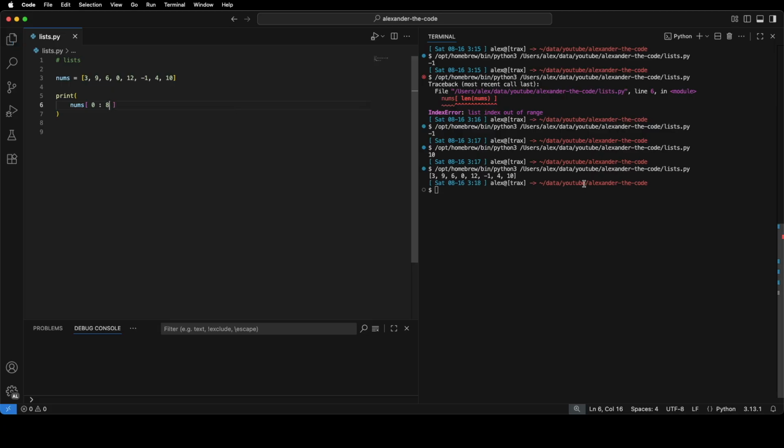let's just verify. And that's because the final index, 0, 1, 2, 3, 4, 5, 6, 7, is 10 is at index 7. So what we've said is to go from 0 all the way up to index 8, but don't include index 8, right? So we could, I guess, also do len of nums. That way, if we add more values,